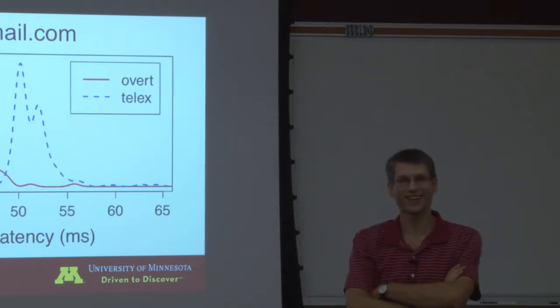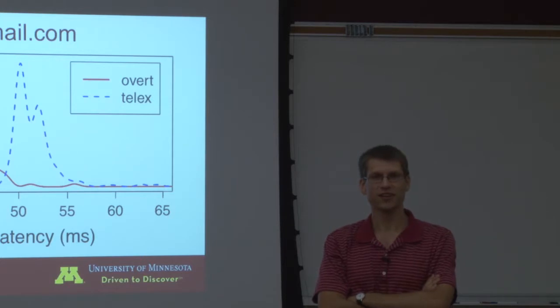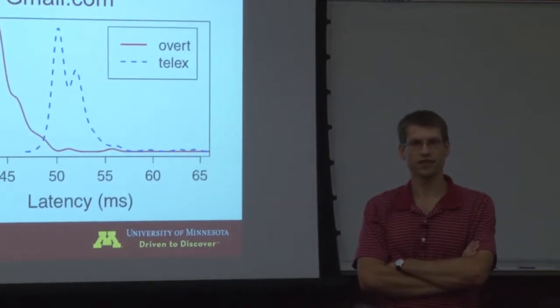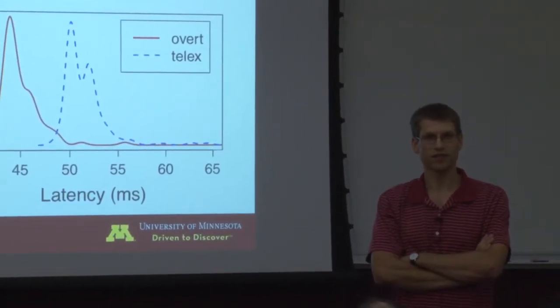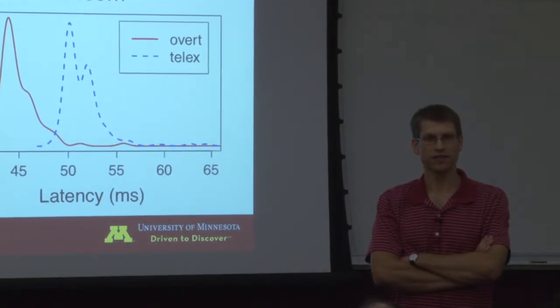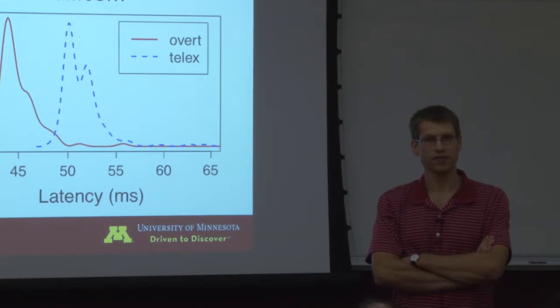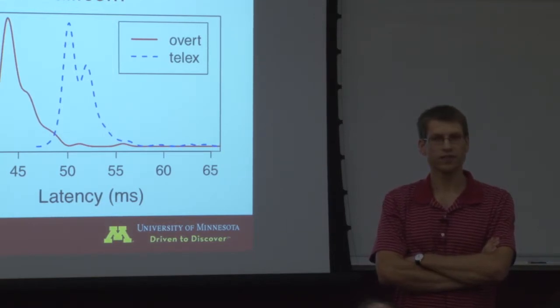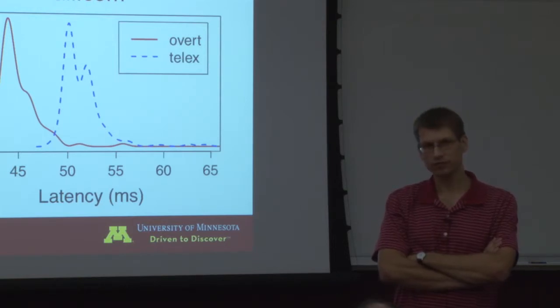So this is from one host, right? Won't you probably get the same distribution if you accessed Gmail from two different ISPs, probably in the same country? But then those ISPs will have their own BGP route to Gmail, so you'll have variable latency, not probably as much as Telex, but still you would have variable latency even if you're pinging from, say, two different hosts. Am I being clear? So even if you ping from two different hosts, you will probably have something like this because you won't have the same latency, right? And then in that case,